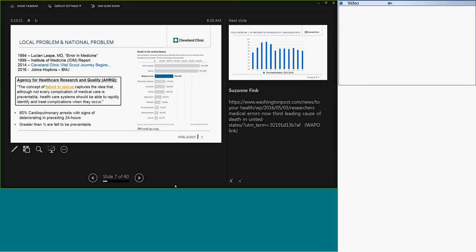So the Agency for Healthcare Research and Quality really defines failure to rescue well by capturing the idea that we know we can't prevent every complication of medical care, but that we as healthcare providers should be able to rapidly identify and treat these complications when they occur. And we want to maximize our ability to do that with this program,